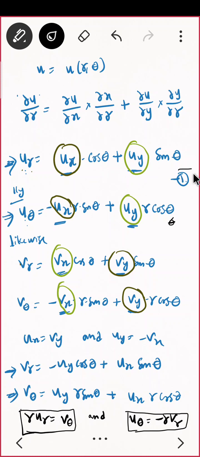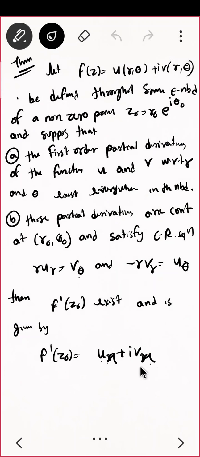Do you see this seems to be a linear equation? ux, ux, uy, uy. So can you get the value of ux in terms of ur and v theta? Or if you want to take this and this, then also you can do the same thing. So can you get ux in terms of ur and u theta, vx in terms of vr and v theta? I'm talking about ux and vx, because I have the derivative answer in terms of ux and vx, correct?